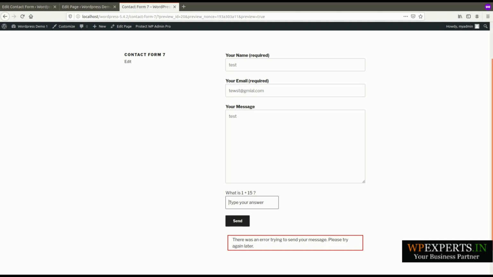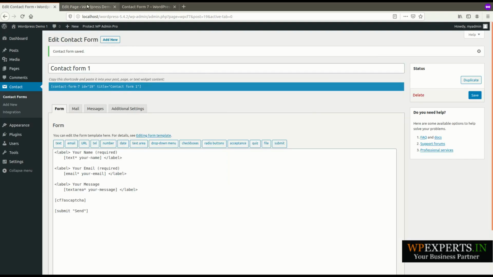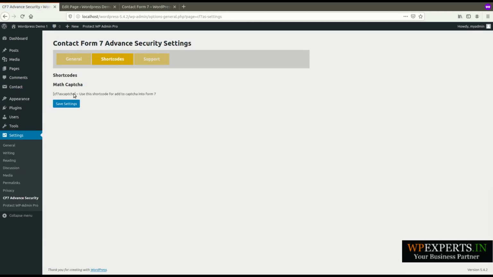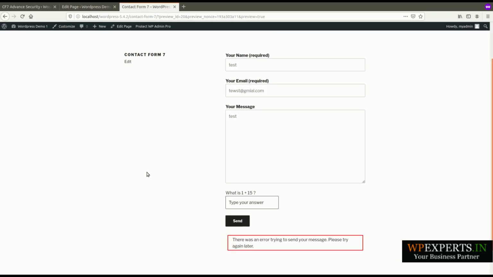Here I have given one more important feature in this plugin, that is the hidden captcha. Hidden captcha is also called honeypot captcha. This hidden captcha is very effective to stop machine spam.